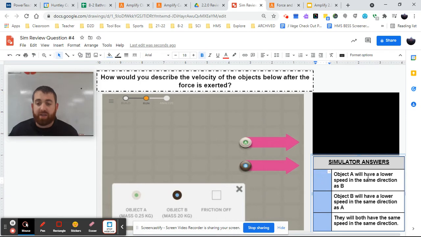If we're looking at this, object A will have the lower speed in the same direction. Well, they will both have speed in the same direction. The question is, will A have the lower speed, B have the lower speed, or will they have the same speed? Well, we know they won't have the same speed because both objects have different masses. Object A will not have the lower speed. Object B will have the lower speed because it has the bigger mass. We know that option 2 is the correct answer because